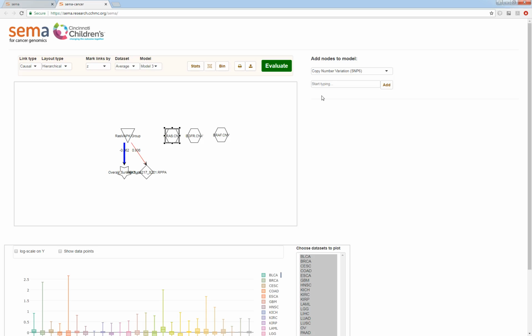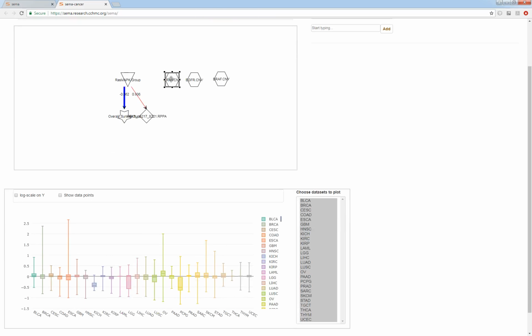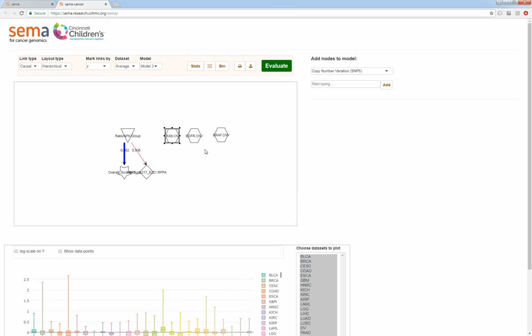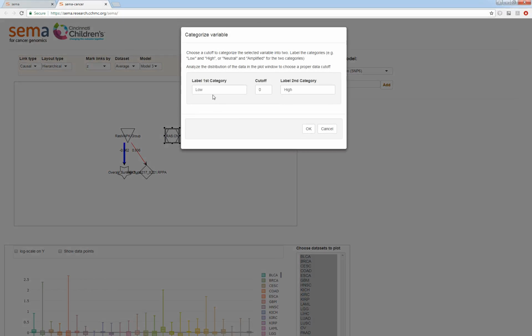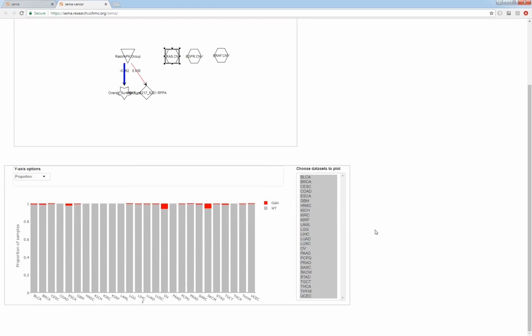The continuous variable can be mRNA expression or copy number variation. It makes most sense in binarizing copy number variation. So let's binarize it to, let's say, wild type, and let's put a cutoff of, let's say, 0.5, and gain, copy gain. Now, the new variable is a categorical variable, and so instead of box plots, we see this plot here, where